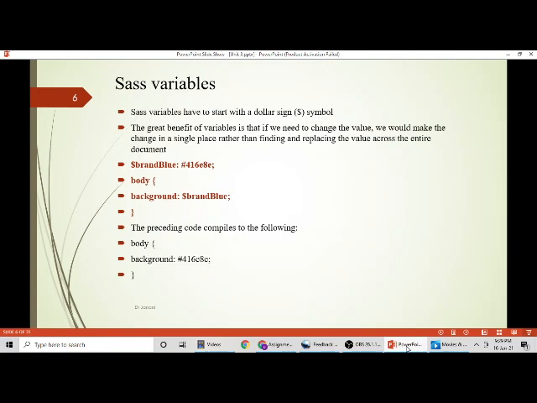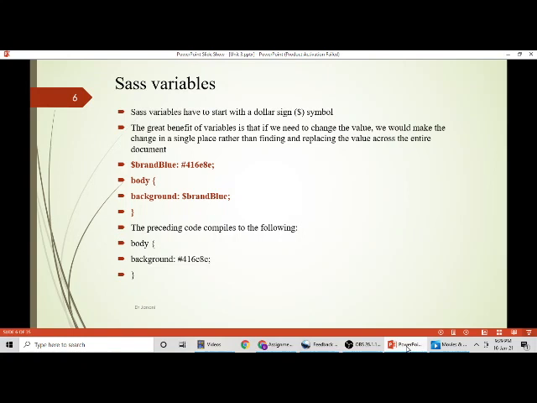elements. Okay, so see here, I am giving $brand-blue. So the variable name is brand-blue. Colon, I am giving a hexadecimal value, which means for the blue color, I am giving a hexadecimal value. So instead, I can give $A colon 10, which means the value of A should be 10. You assign, right, int A equal to 10.